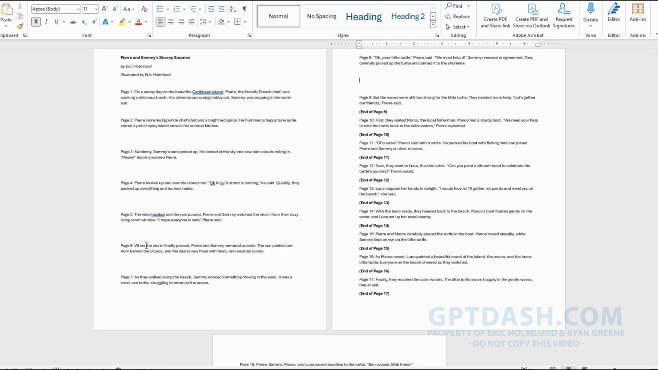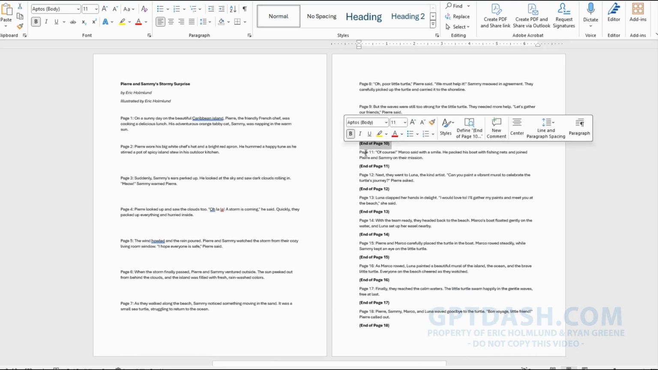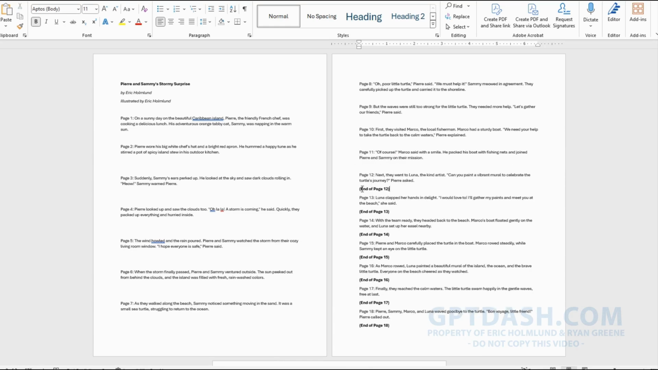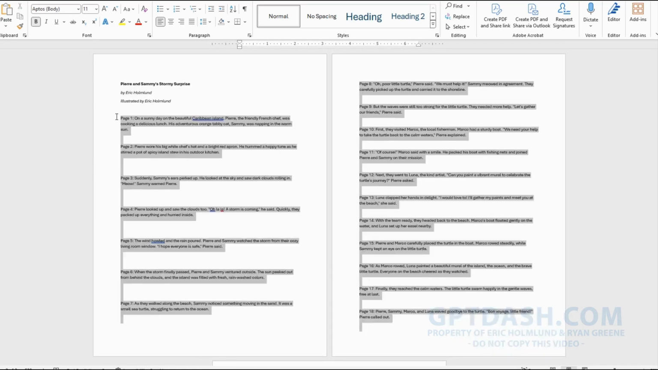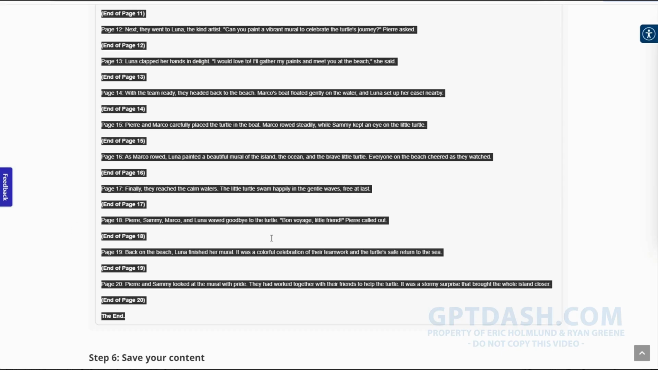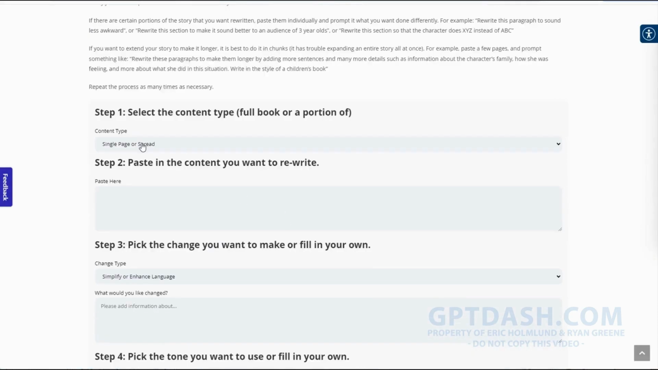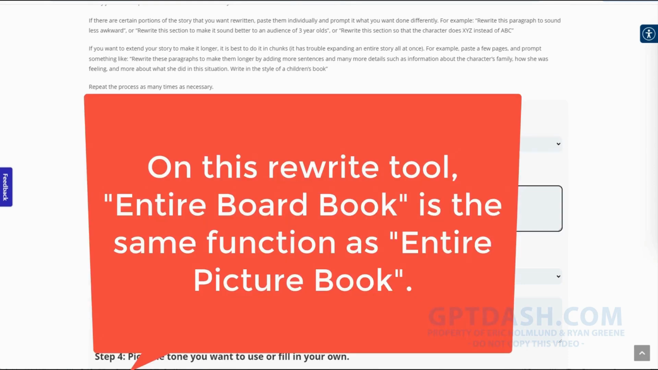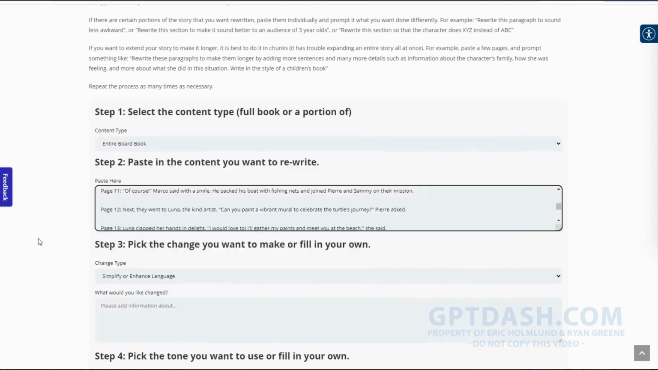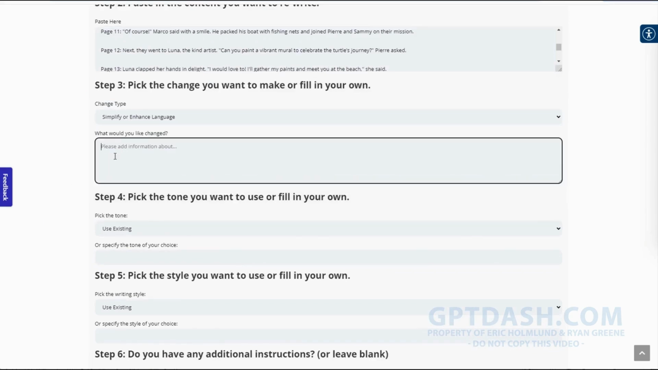I'm going to basically have the AI try to rewrite the second half of this story. I'm going to delete these parts that say end of each page. I don't think that's necessary. Sometimes the AI does that, sometimes it doesn't. And maybe I'm going to copy the entire story to make sure the AI has enough context to work with. Now we're going to go back to the rewrite tool. And so content type is going to be, I'm going to say, entire board book. So I'm going to go ahead and paste my entire thing. And then change type. Actually, it's none of these. What I want to change is